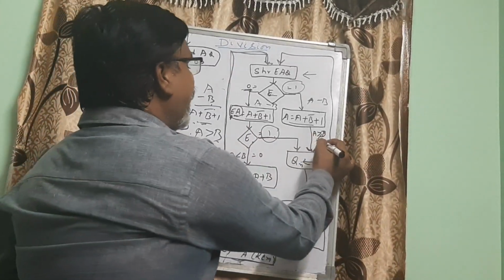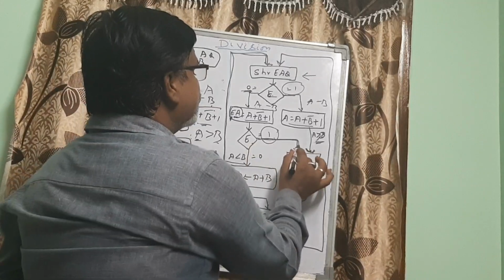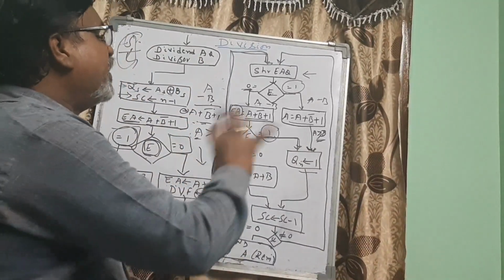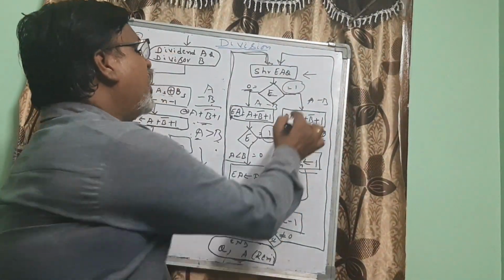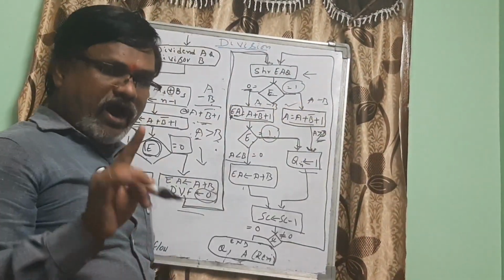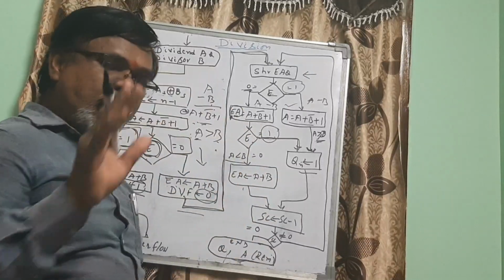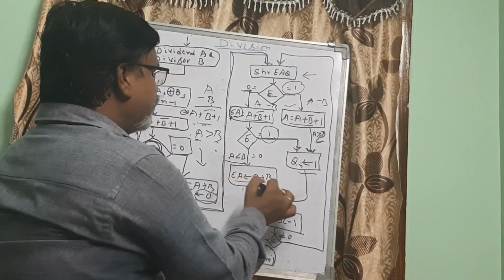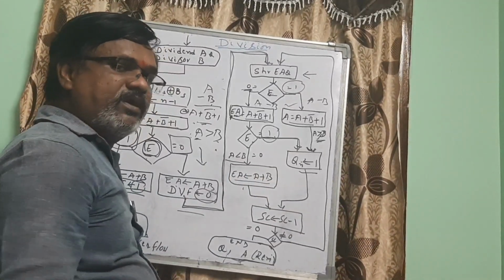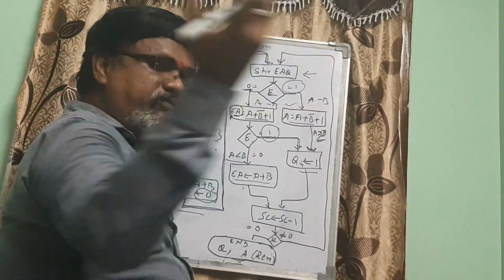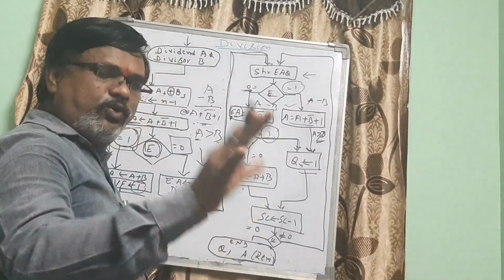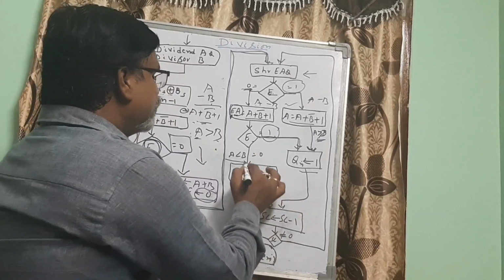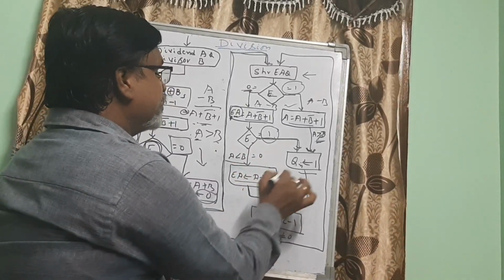Here, when A is less than B or when the E value is 1, Qn will be put to 1, meaning one subtraction is done. I told you that when subtraction is done, the Qn value is put to 1. If not, we come to EA = A + B. Then the Qn value will already be set to 0 at that position. Qn does not change.